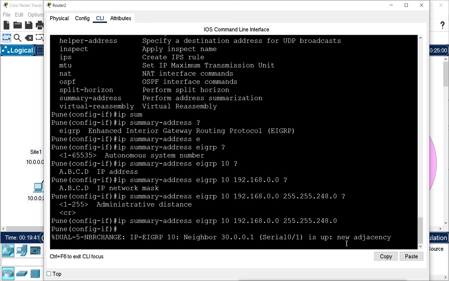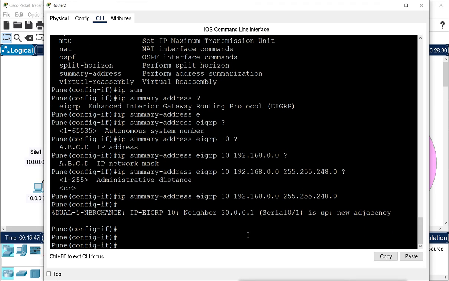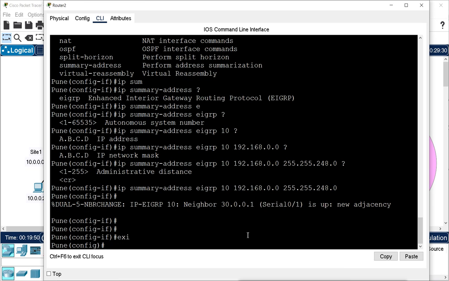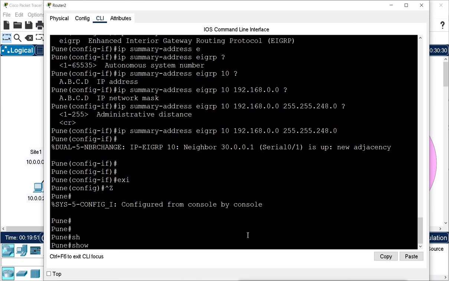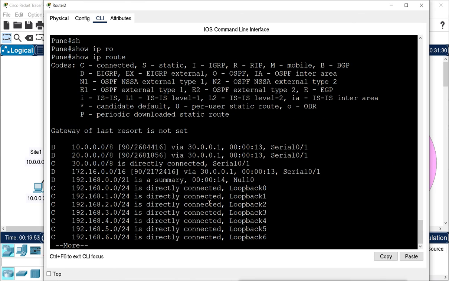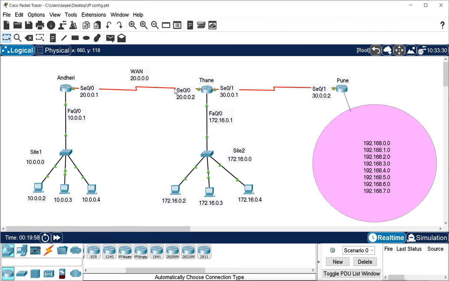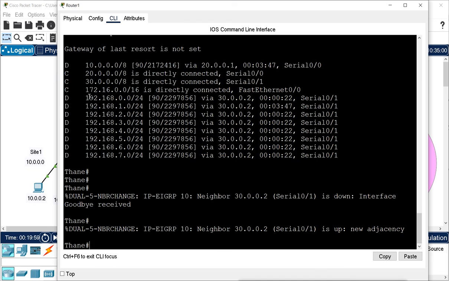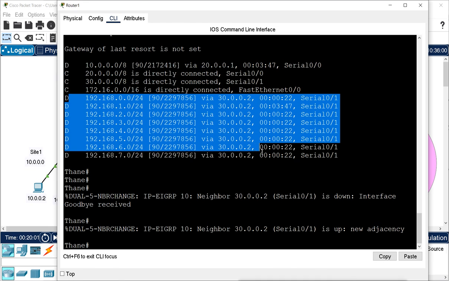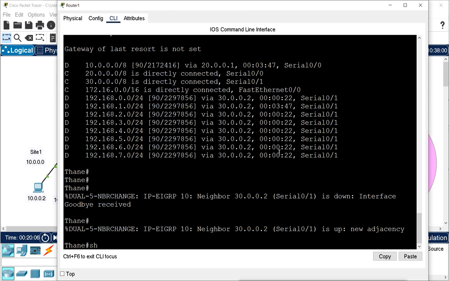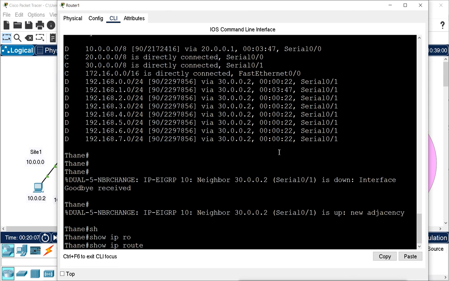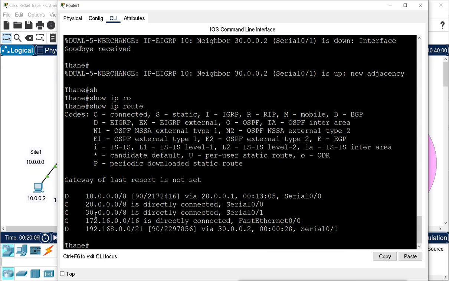And it did the new adjacency here. It refreshes the routing table to send, and now when you check the other router here, in this side still it will show you the whole network connected because it is connected here. Now when I go to the other router, previously it was showing each network separately because it was not able to do the auto summary. Now I will check show IP route, and you can see now it is showing a single network here.